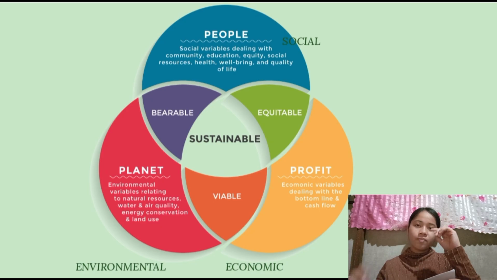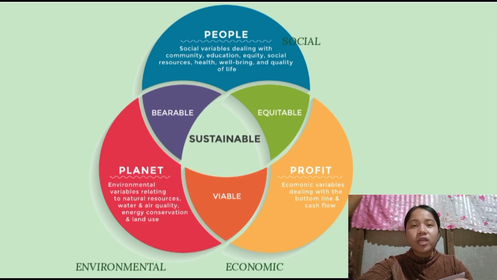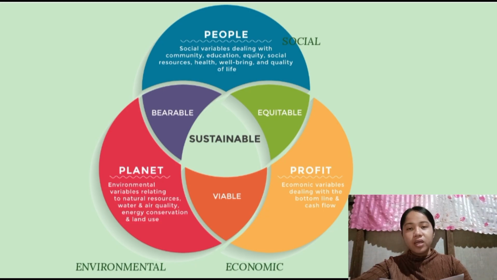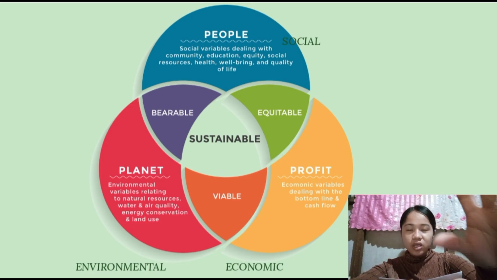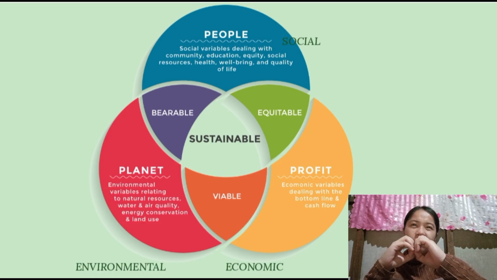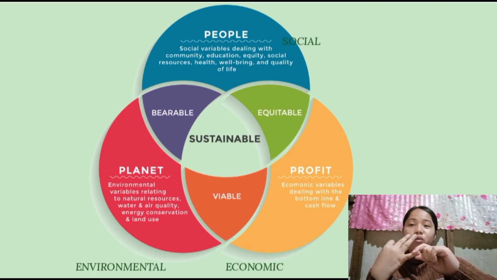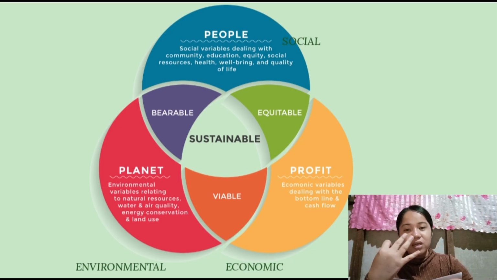In the next slide is the triangular sustainability. The first circle, the color blue, is social, red is environmental, and next is the economy. Economic is between people and planet, so it is bearable and sustainable. It needs all three. As you can see in this basic illustration, if your stool has three legs, if one fails,